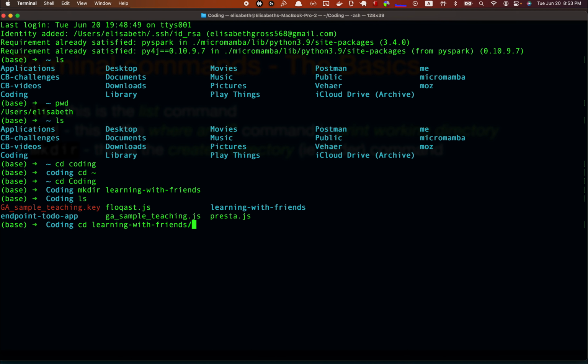So again, I'm going to add all this to the slides before I send it out because I made the slides without really, because it's an interactive process here. So I'm going to write it all. But cd learning with friends, ls. Oh, it's empty. Nothing's in it, right? cd endpoint app. cd coding.